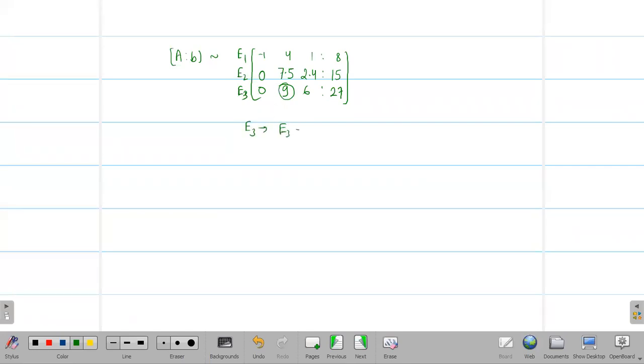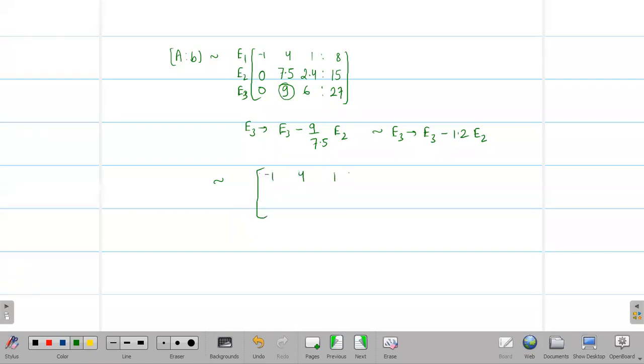E3 minus 9 by 7.5 E2. If you are dividing, then in each calculation you have to take 2-digit rounding arithmetic. So this is approximately equal to E3 minus 1.2 into E2, after dividing and taking 2 digits. That will reduce the matrix into